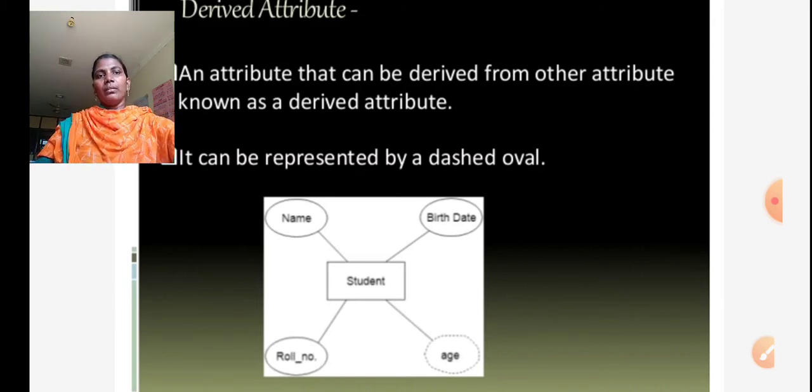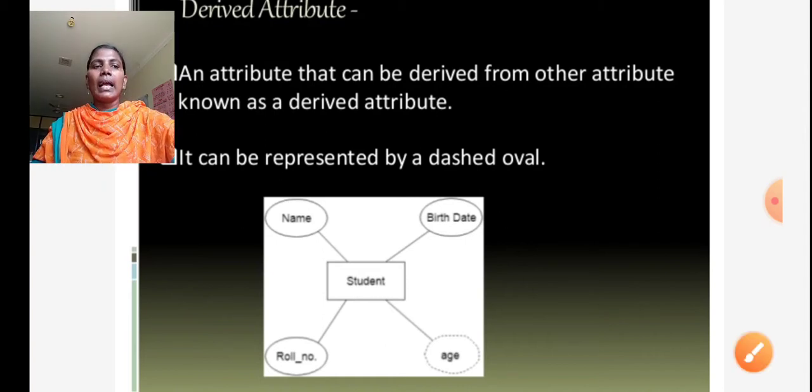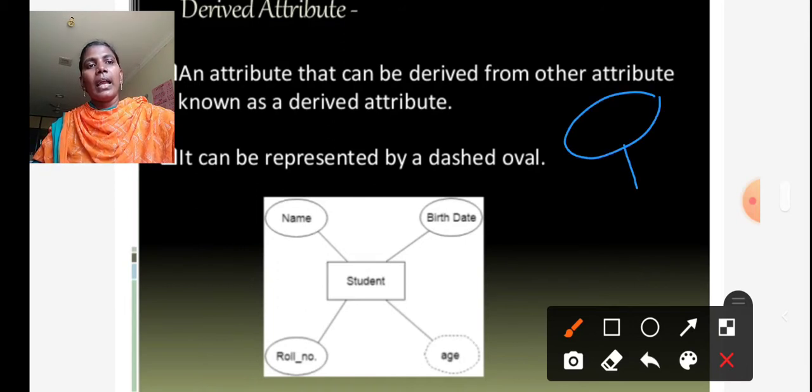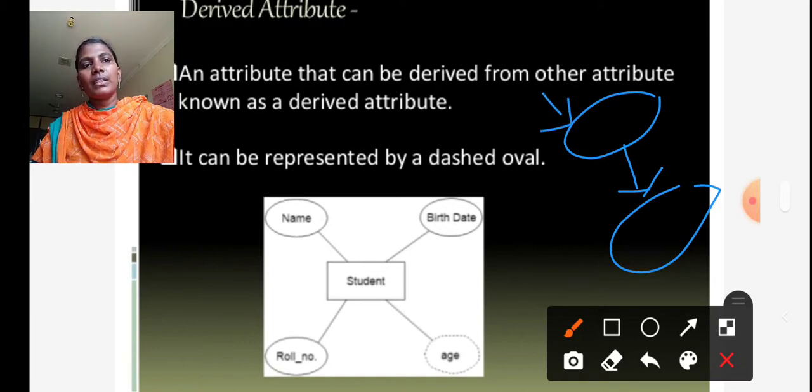Okay, so derived attribute is nothing but an attribute whose values are derived from another attribute. The values which come with the help of another attribute are called derived attribute. For example, the date of birth of a candidate.